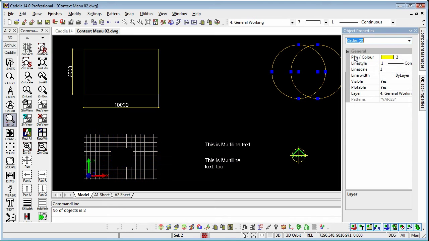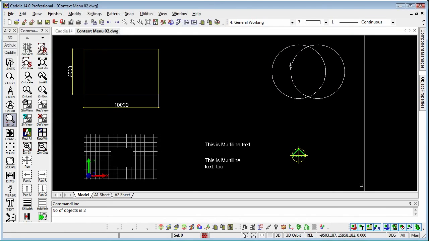So I could select circles, and I could choose to change those to a white line, and then having returned to the drawing area, we can see that they've changed. We can choose